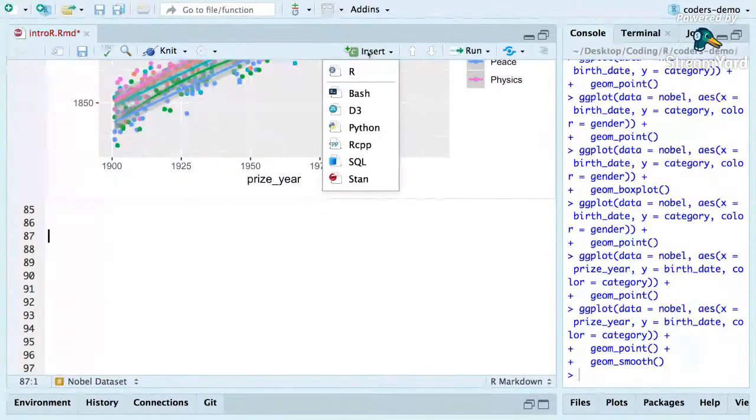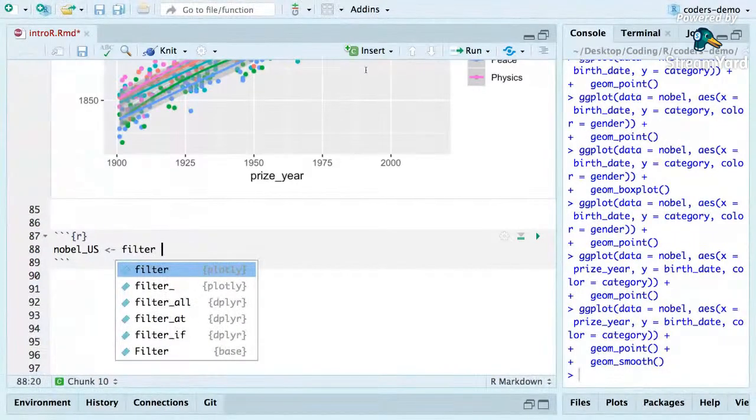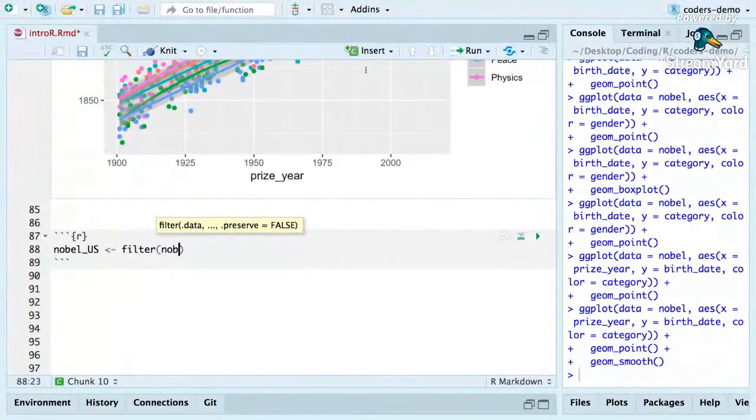So underneath, insert a new code chunk, Nobel_US. We're going to use a tidyverse function called filter. So we're going to filter the data set Nobel. I want to filter based on the column of birth country. And within this column of birth country, I only want to save values that are equal, so notice that there's two equal signs,